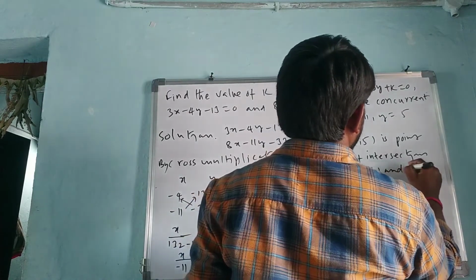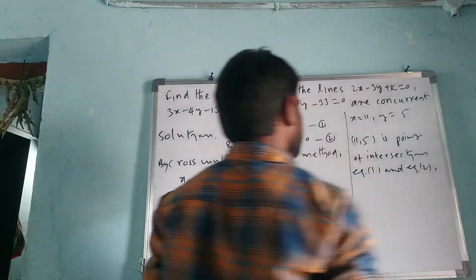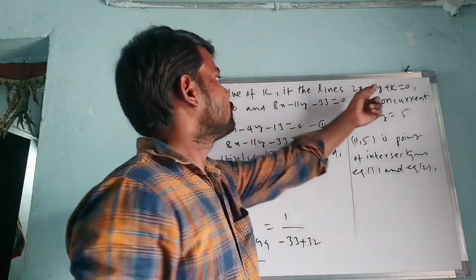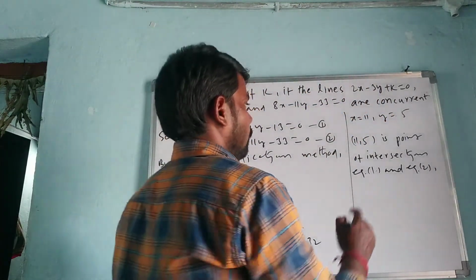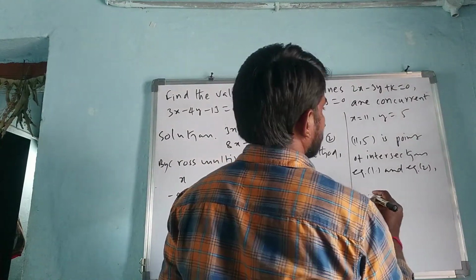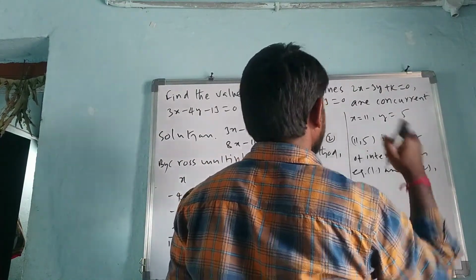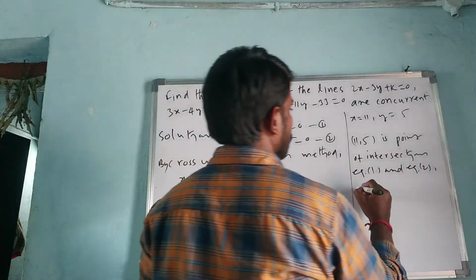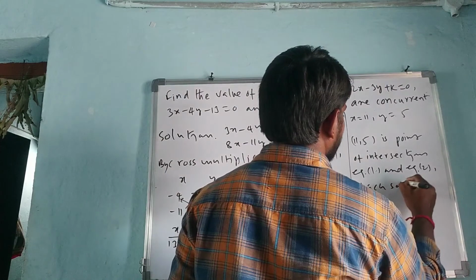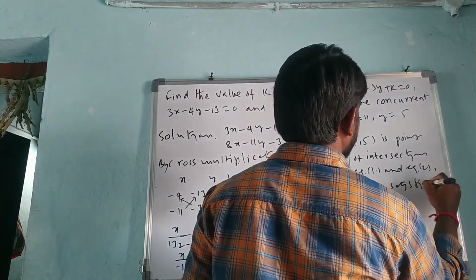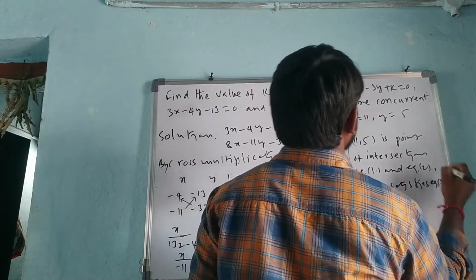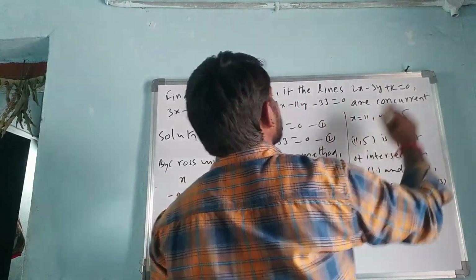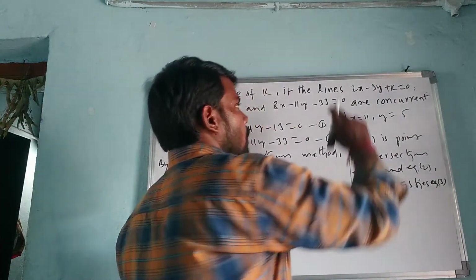Equation 1 and equation 2, and which satisfy equation 3. So then, by substituting the point which satisfies equation 3. Let us say this is equation 3. Otherwise, this is equation 1, 2, and this is equation 3.